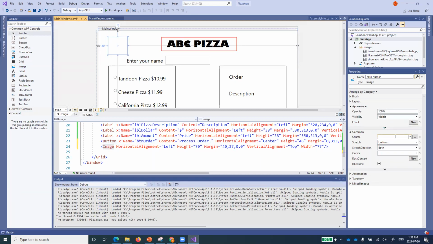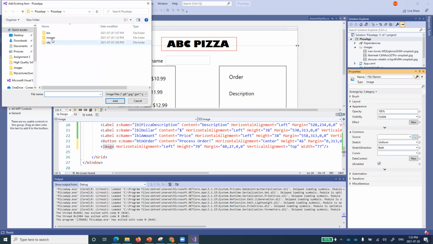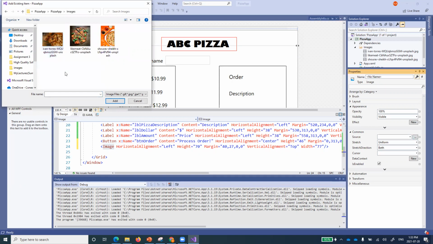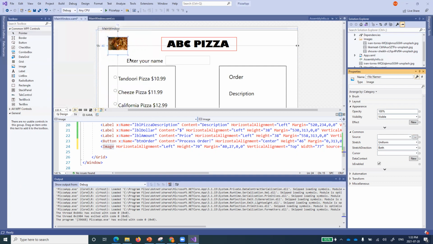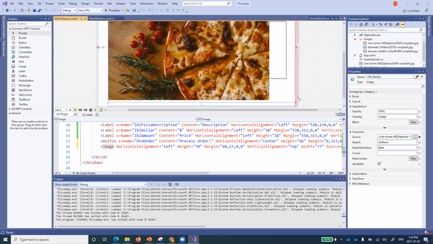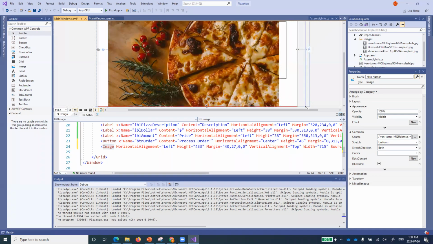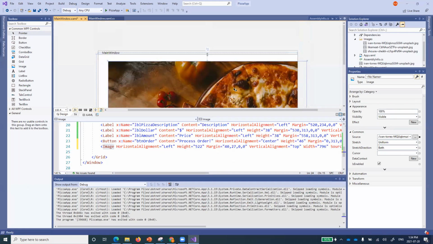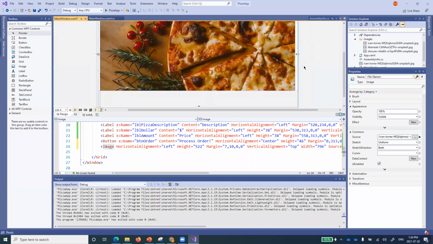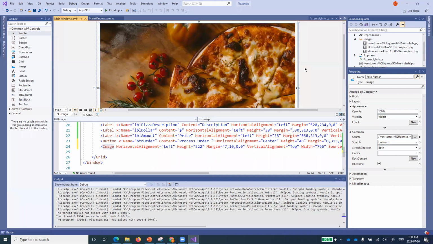Now, you see that there is a source option over here on the right side in the properties window. Go over there and I want to select the biggest one. Go into images, and which was the biggest one I've selected? This one. So I have selected that picture into it, and that picture is coming over here. So what I can do is make it a big one, almost covering all my window. I've just taken this picture and covered all the window behind.